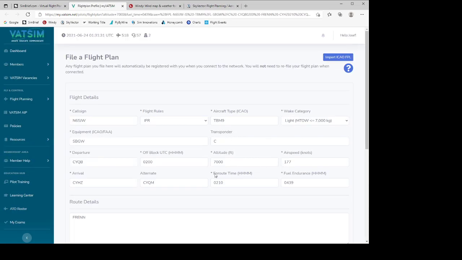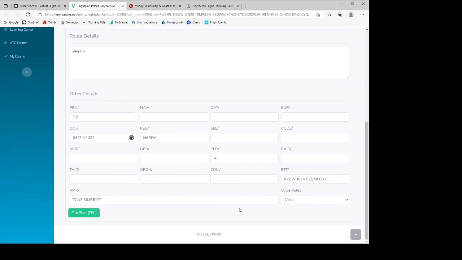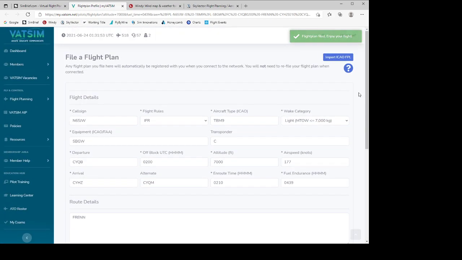Here we go. So we did it. We went ahead and pre-filed. We have our call sign in there, and we have the altitude we're going to fly at. We might amend that. We might fly a little bit higher. It depends. We're going to see in just a moment, and I'm going to go ahead and file that flight